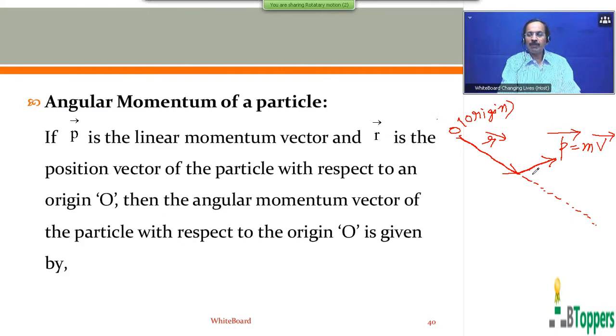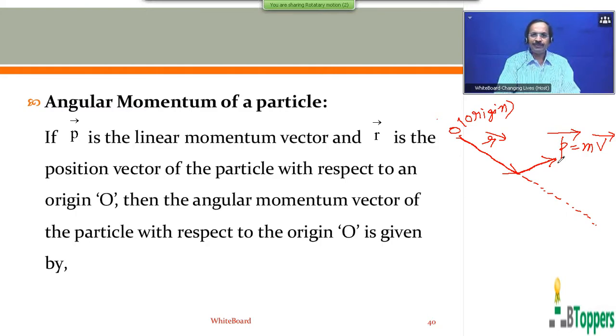As you know, linear momentum of a particle is defined as the product of the mass of the particle and the linear velocity of the particle. So the linear momentum vector P bar of a particle of mass m moving with a linear velocity v bar is given by P bar equal to m v bar. The direction of P bar at any instant is the same as the direction of its linear velocity vector v bar. So, from the basic definition, the angular momentum of the particle with respect to the origin O is defined as the cross product of R bar and P bar.